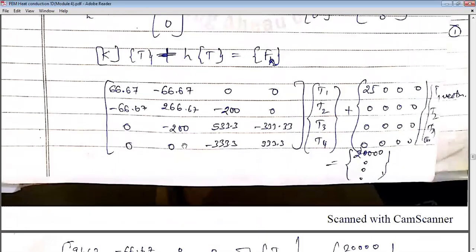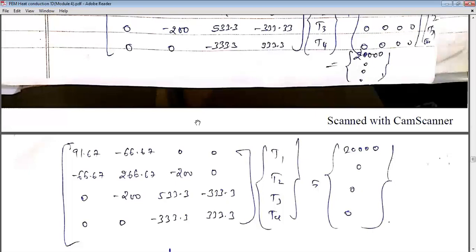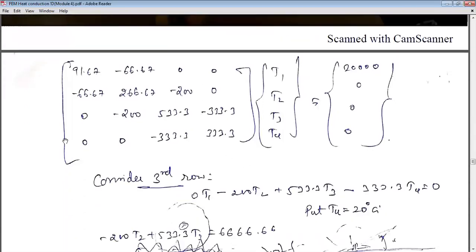T4 is specified boundary condition. What to do? It is simply not like you solve your FEM structural problem. When T4 is given, okay, this row is going to get eliminated in the next step. Now what you should supposed to do is consider that row which does not have 0 in fourth row or fourth column. Look at this. Fourth row, this obviously will not be used. So in these three rows, is there any row which does not have 0 in fourth row and fourth column? This is the only row. This row and this row has 0 in fourth column. So you are not supposed to touch these two rows for modification.